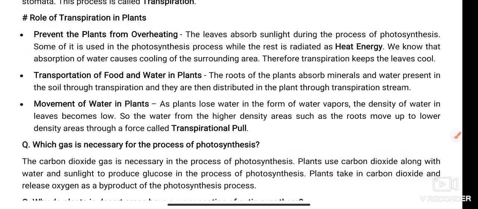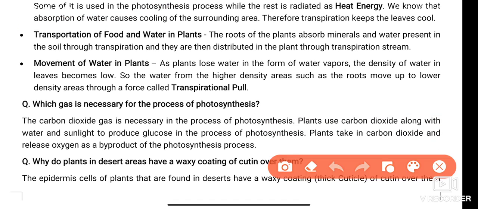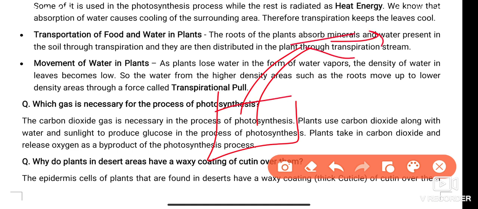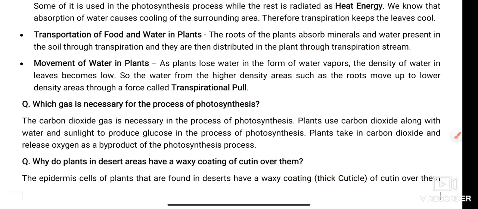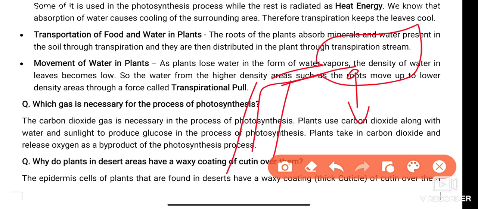And transportation of the food and water particles. The transpiration process provides a suction pull, like we use a straw to drink juice from a glass. When we suck, we provide pressure, and the juice is lifted up. In a similar sense, beta, in the transpiration process the leaves secrete the excess water, then they provide the suction pressure to the roots and help in absorption of water and nutrients.